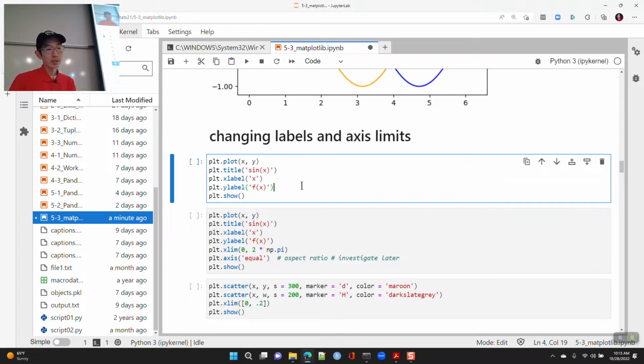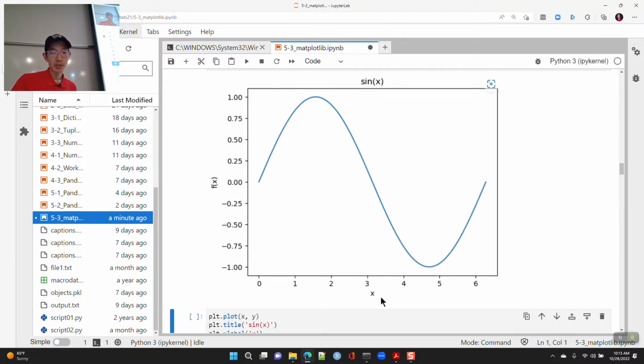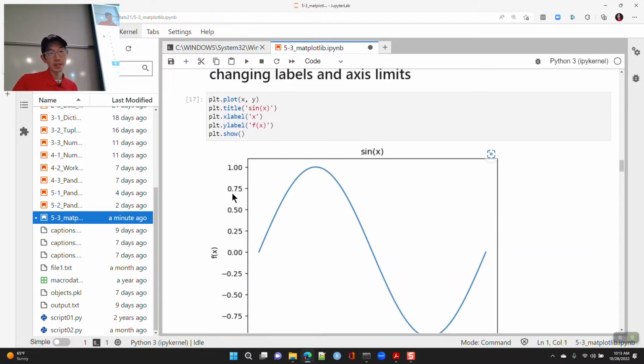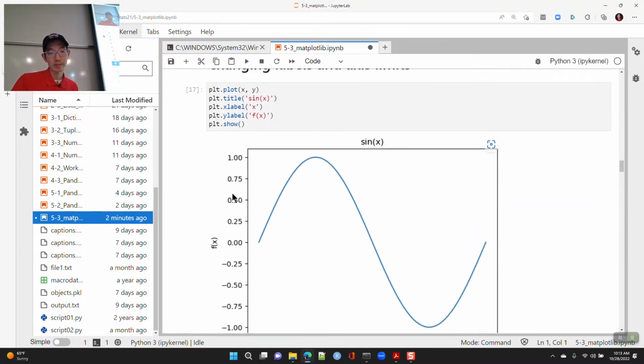All right, so let's just show some things. Again, if you want to make modifications to your plot, you're going to just continue calling the different methods associated with plt. So plt is the PyPlot. So you'll start off with plot. You can change the title. You can change the X label, the Y label, and so this is just adding labels. Okay, to the X, the title, and Y, and that's that.